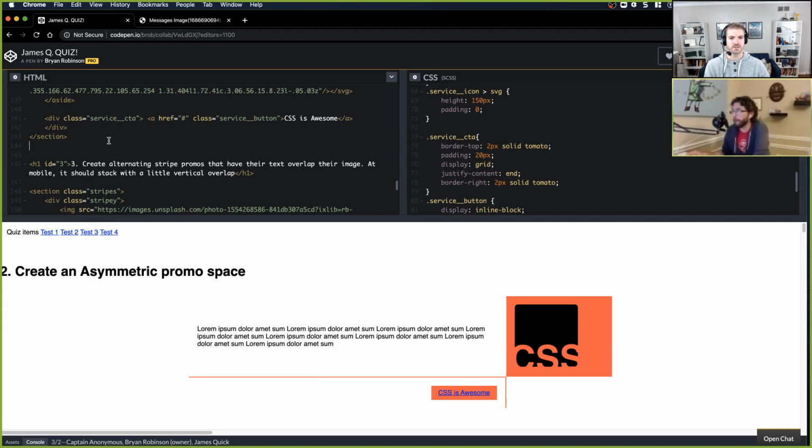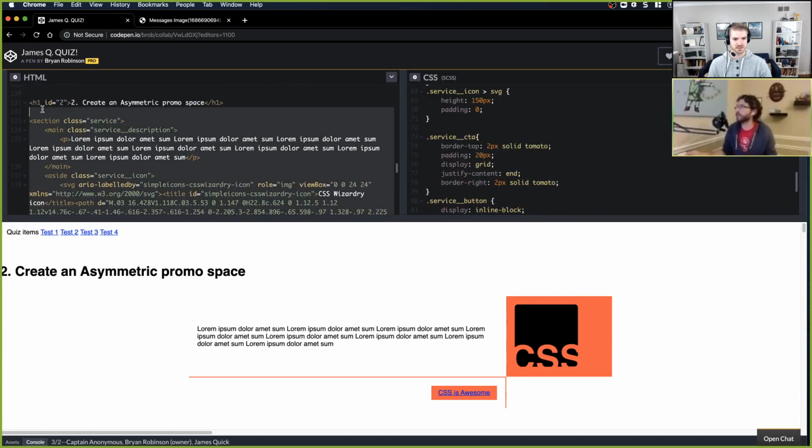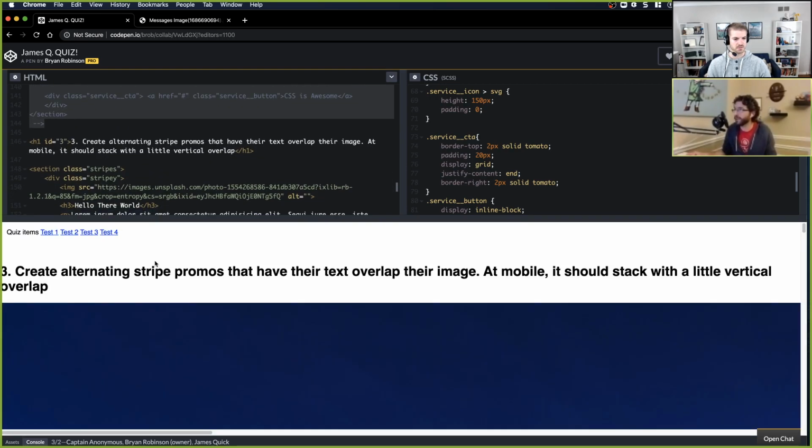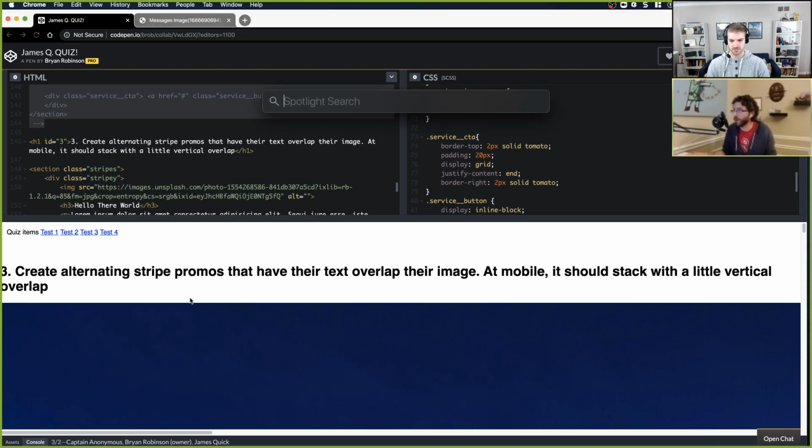Cool. Okay. So you got the majority of it. Sweet. I'm going to comment out that code as well. And here's the CodePen that has the finished product. It's also a responsive finished product, which I didn't make you do because I didn't want to put you through the pain of that.